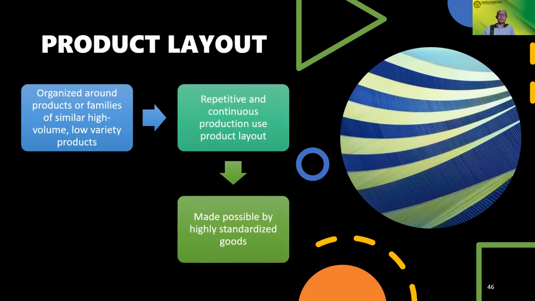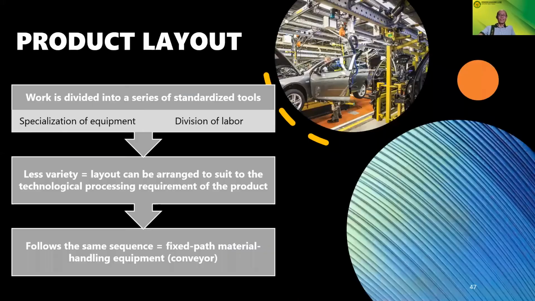This is made possible by highly standardized goods or services that allow highly standardized repetitive processing. Now you have already an idea, no? The work is divided into a series of standardized tasks permitting specialization of equipment and division of labor. The large volumes handled by these systems usually make it economical to invest substantial sums of money in equipment and